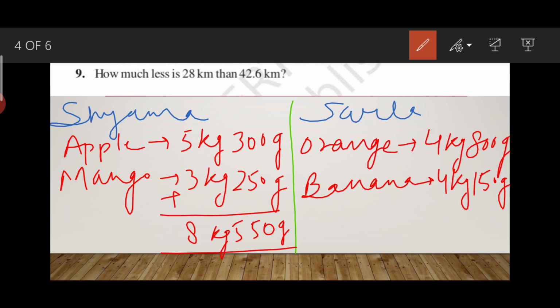Shama bought 8 kg 550 gram fruit. What is the addition of Sarla's fruit? 8 kg 950 gram. Okay, so you can see here both have bought 8 kg, but the difference is in 550 gram and 950 gram. So what you can write it as,